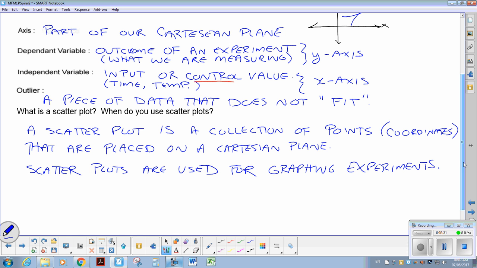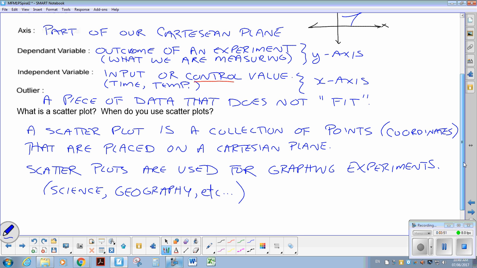Okay, so it could be science. That's where your mind jumps right away. So if you're doing an experiment in science, but you can also do a scatter plot in history or geography, if you're collecting information. So it doesn't have to be just science, but that's the one that's probably going to be most